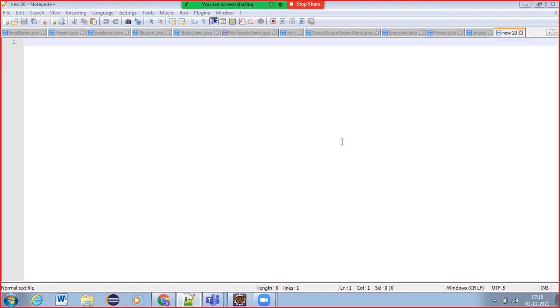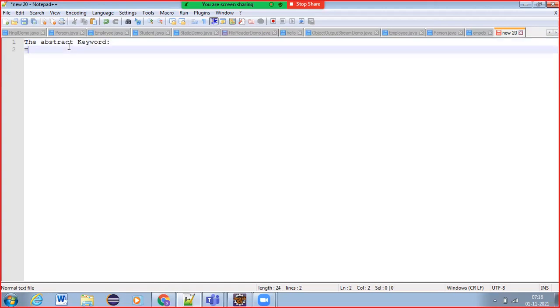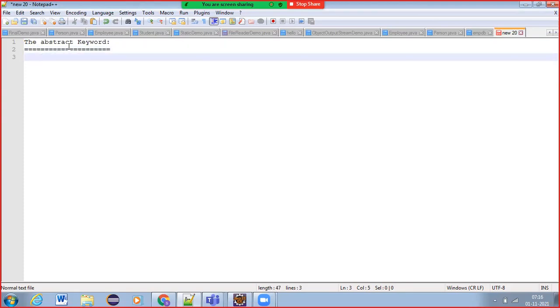So what we can write here now: the abstract keyword is used in two ways in Java.